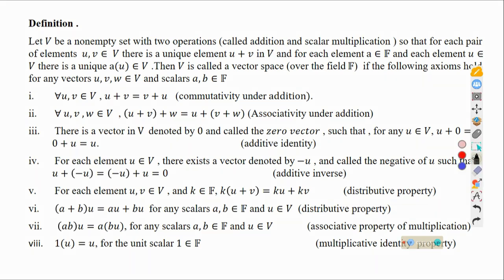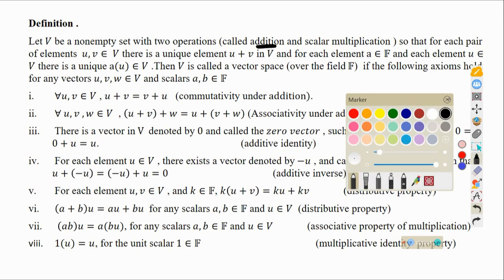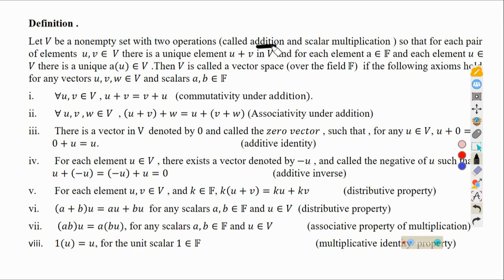To talk about the definition, let us consider a non-empty set V that has two operations, addition and scalar multiplication, such that for every element we pick from V, say u and v, we are able to find a unique element u plus v that is also still in that given set. And also if we have u, which is an element of this given set, and a scalar a obtained from a given field F, we are also able to obtain au in this given set,